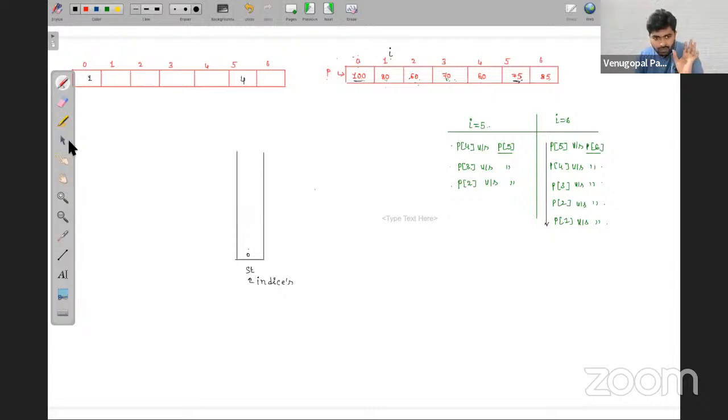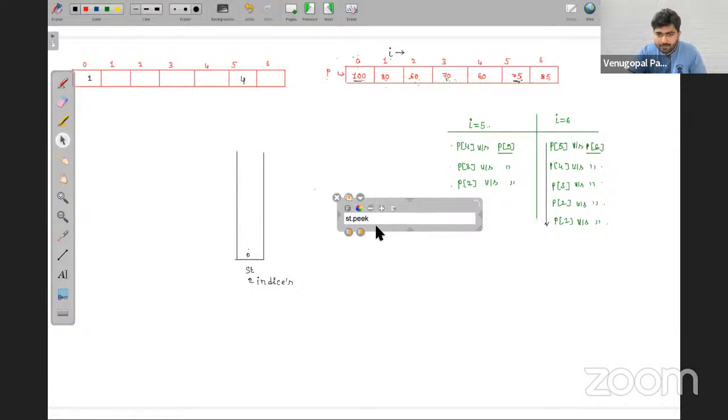Now in this story, first you have kept the index number 0 and your loop is starting from index number 1. Now 2 things are there. One is top of the stack. What is the top of the stack? st.peek. But if you take st.peek, you will get the index only. You don't want the index, you want a value. So you take the price of that array at that index, and you compare it with the price of I. These 2 things you need to compare.